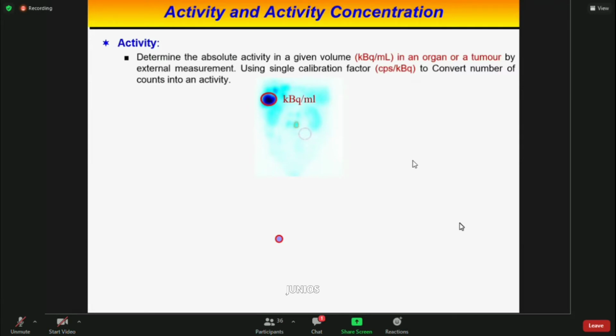The goal of quantitative nuclear medicine is to determine the absolute activity in a given volume, for example a patient, organ or tumor, per unit volume, that is becquerel per ml, by external measurement of the radiation emitted by the patient. A single calibration factor, CPS per megabecquerel, can be used to convert a number of counts into an activity